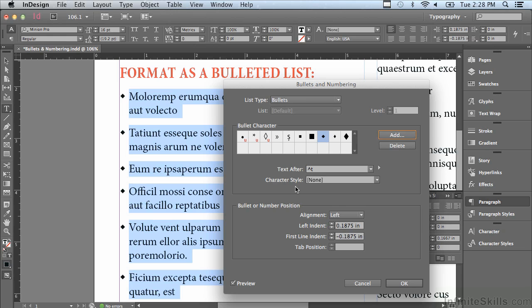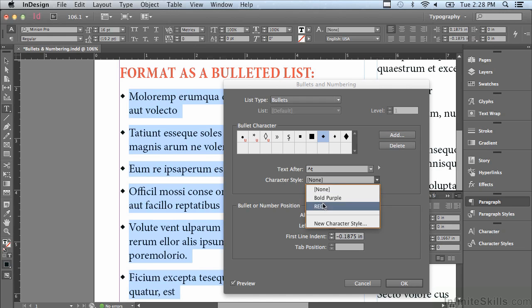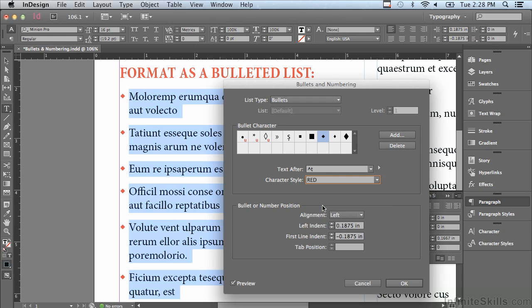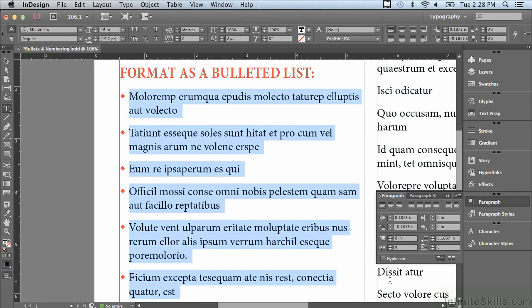And as a style, it can do it quickly and consistently. I have some pre-existing styles in this document, so instead of none, I'm going to choose something called red. And you can see it made my little diamond shapes red. Really kind of cool. Let me click OK. And once again, with complex formatting like this, the first thing I would do is save it as a paragraph